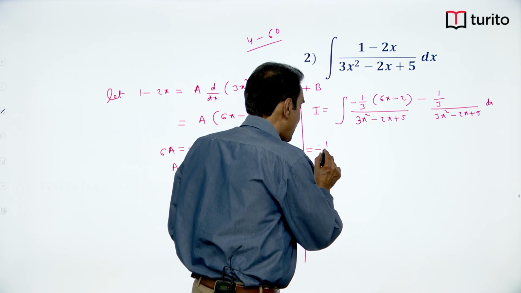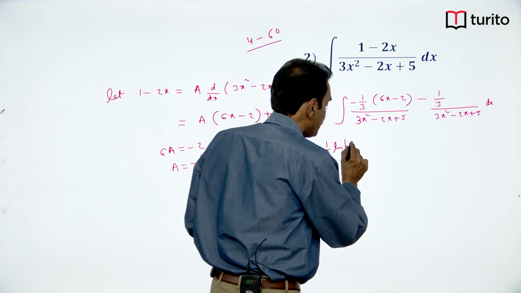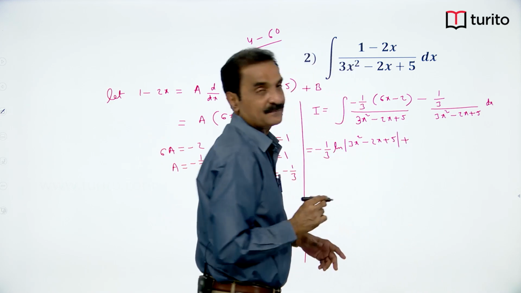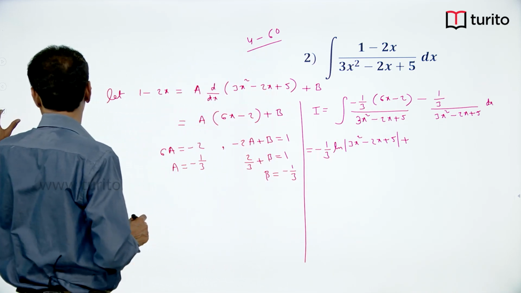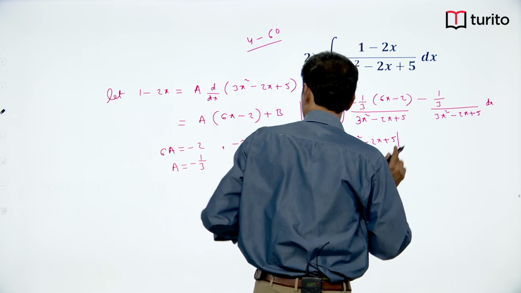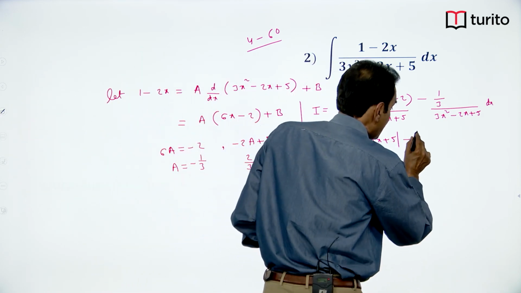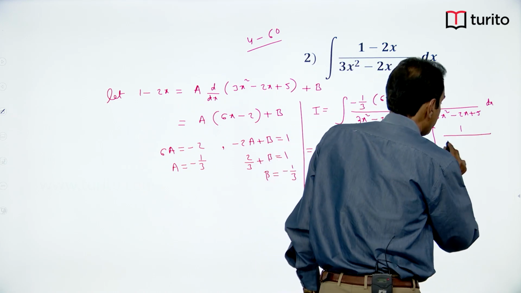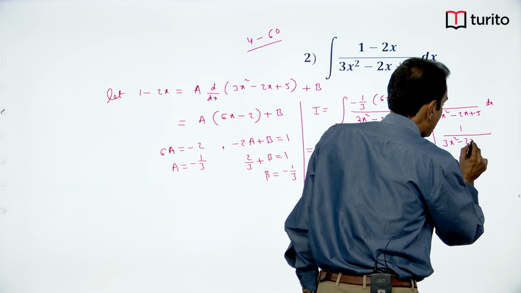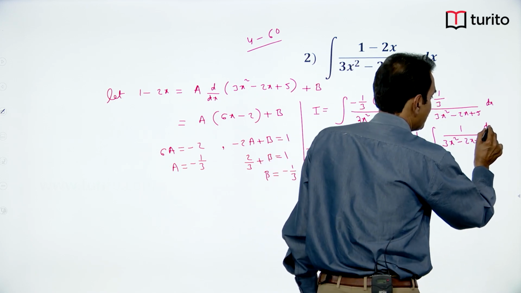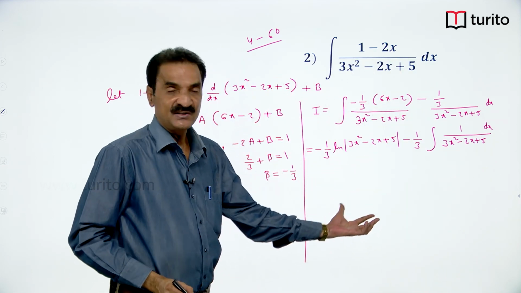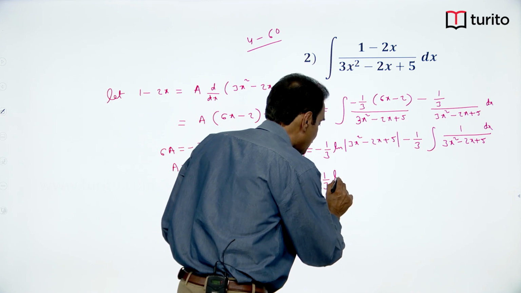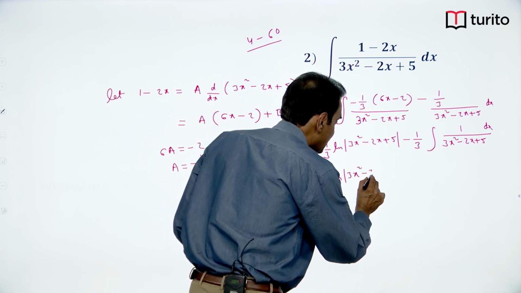So it is equal to minus 1 by 3 into log mod 3x square minus 2x plus 5, plus the second one, taking minus 1 by 3 outside, we get minus 1 by 3 integral 1 by 3x square minus 2x plus 5 dx. Okay. This will be as it is, we have to calculate that other one. It is equal to minus 1 by 3 log mod 3x square minus 2x plus 5